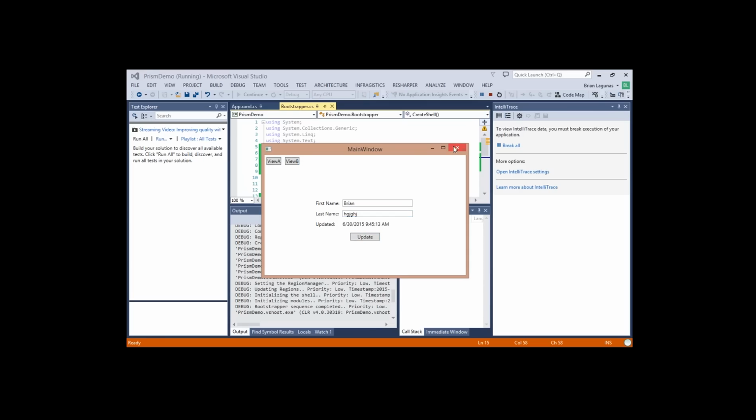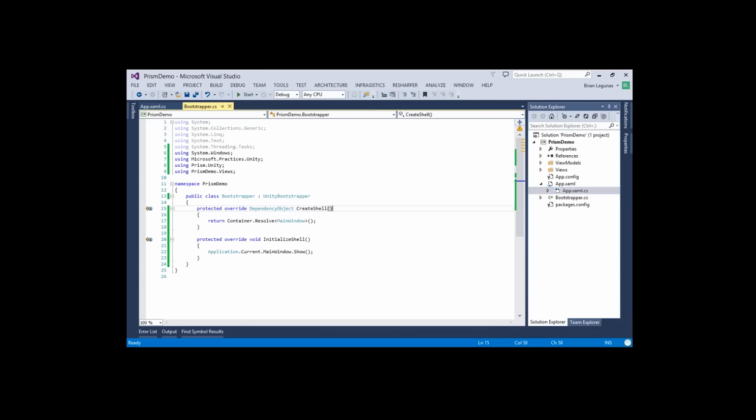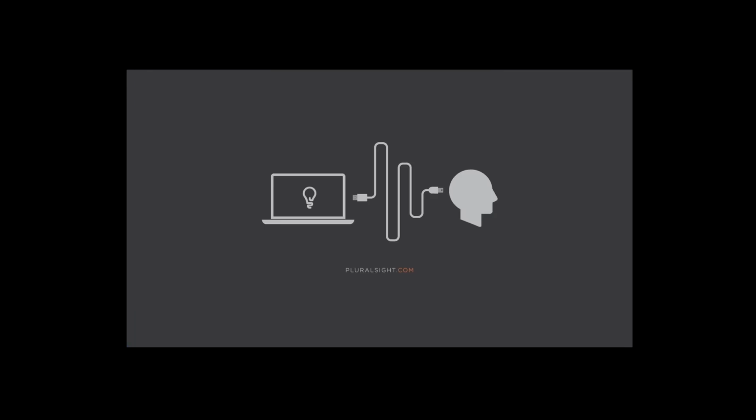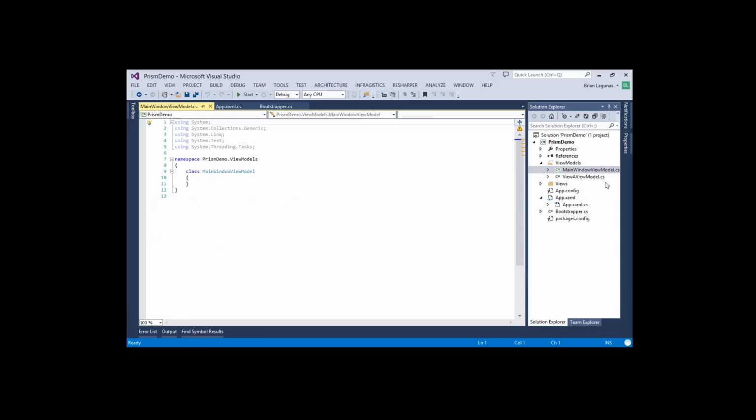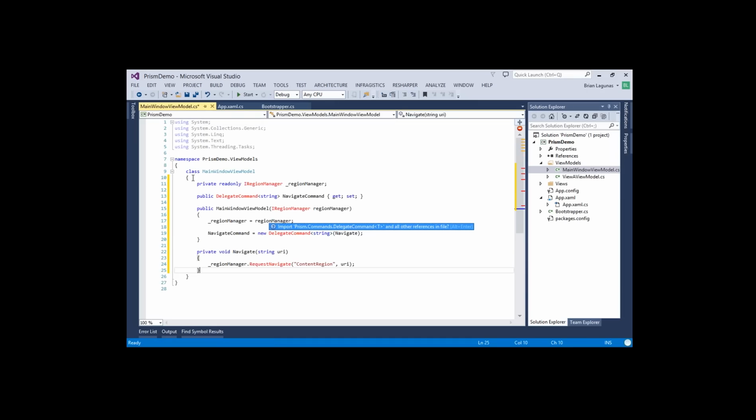Okay, so we're running a little short on time. So what I'm going to do is I'm going to copy and paste in some code, and then I'm going to explain it to you. So I'm going to pop in this main window view model, and I'm just going to copy this in here, make that public,